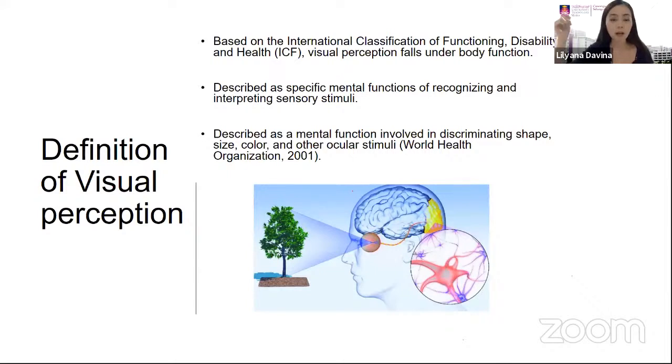Okay, bear in mind that visual perception is not the same as visual acuity, which refer to how clearly a person see. Okay, kadang-kadang budak tu boleh ada 20/20 vision, but still have problems with visual perceptual processing. Okay, next.